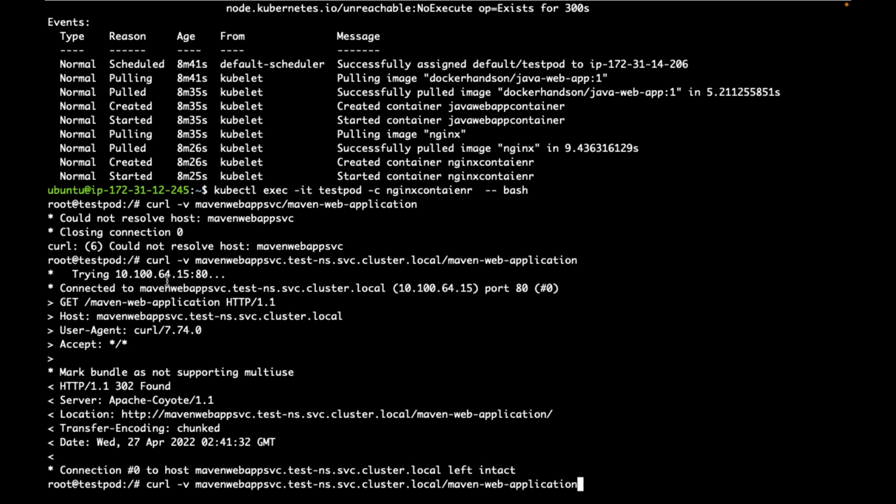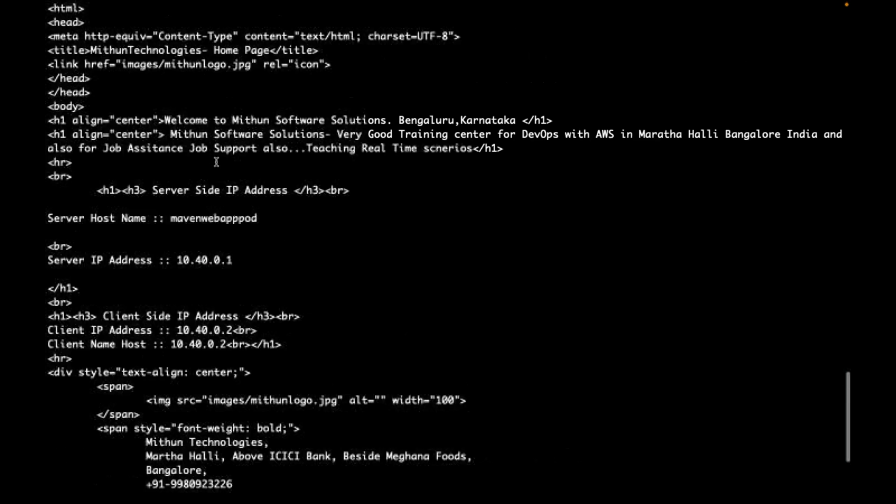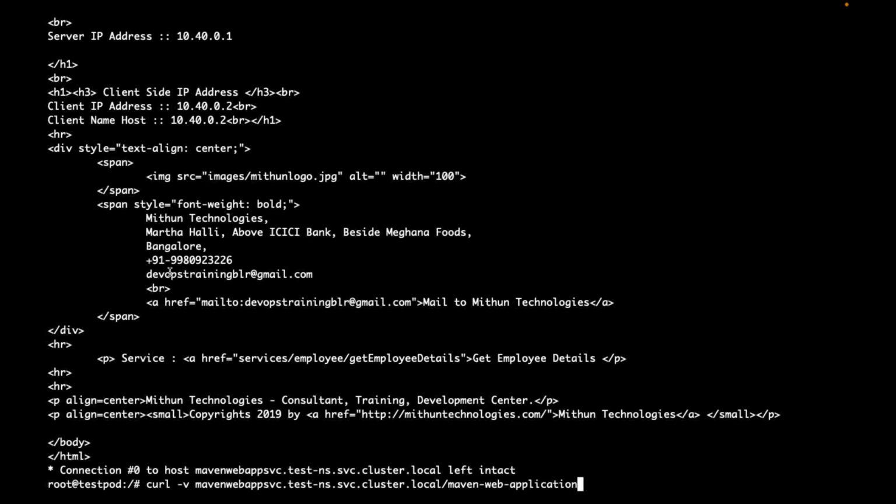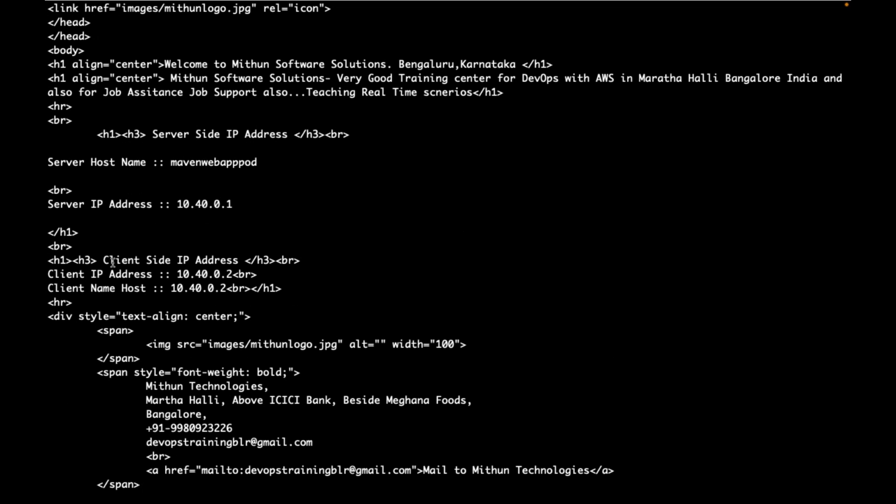I have to use forward slash, because 302 is a redirection. So it is redirecting to some other path. You can use curl with option -L, which will again invoke that redirected URL, or you can use the forward slash yourself. Now it is redirected to a different path, and that is also invoked because I used -L. If you are not using -L, you can use something like this. Now am I able to reach that application from the pod which is in a different namespace?